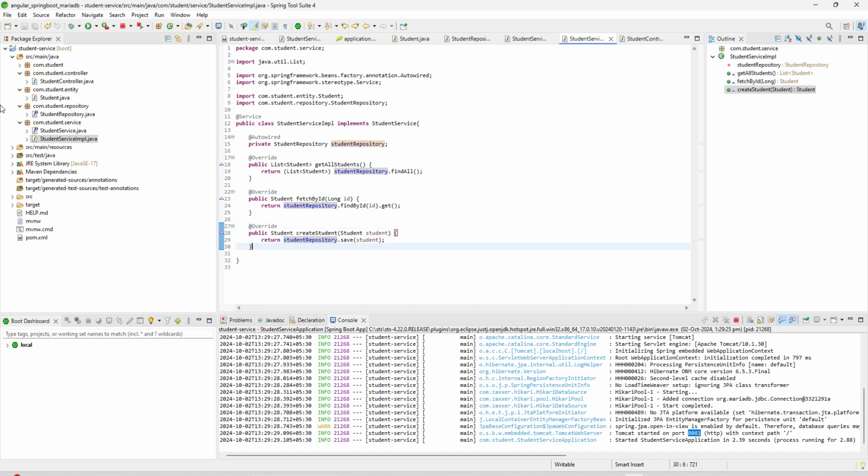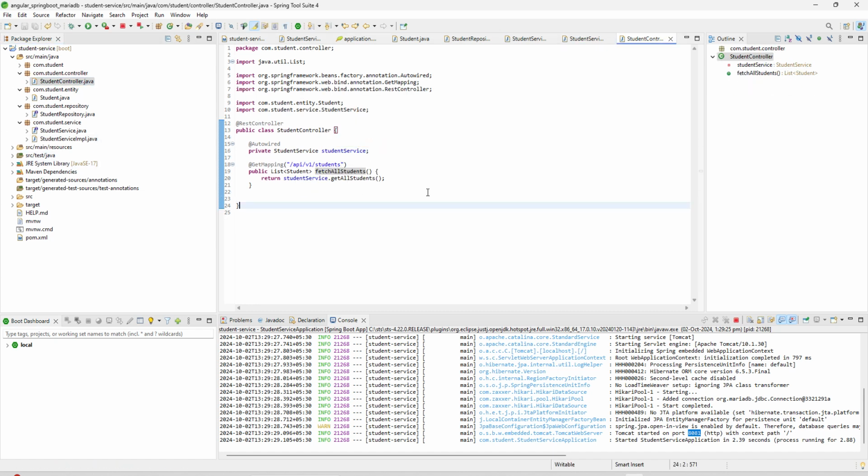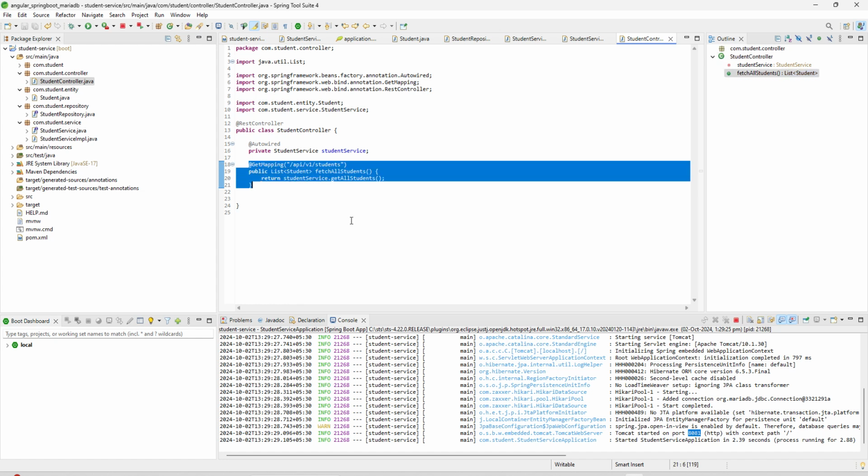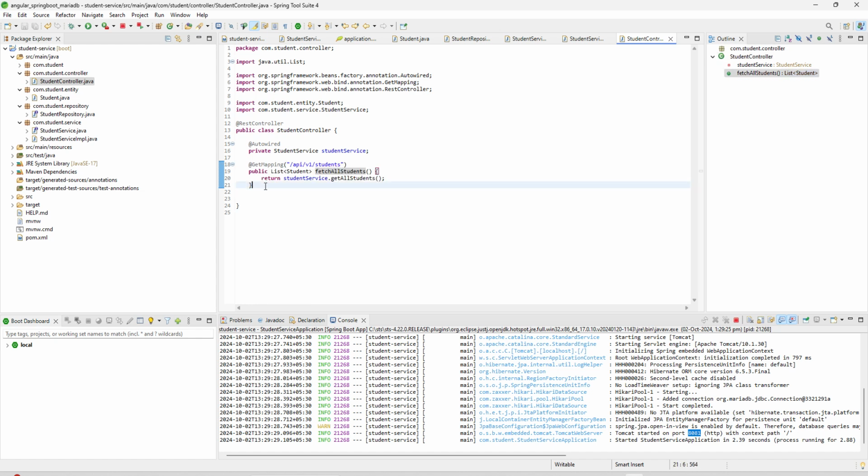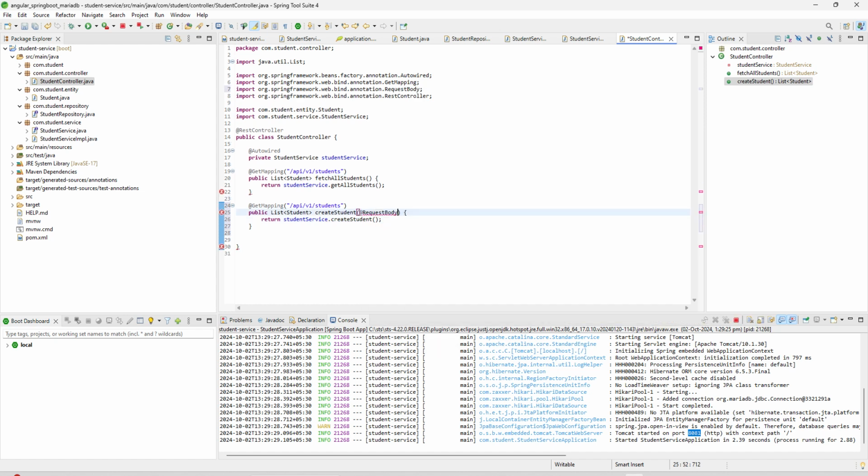So this is about create student. Now we need to add into the controller for the create student. Here we need to pass the input. So here we can use the request body, and this is the input student